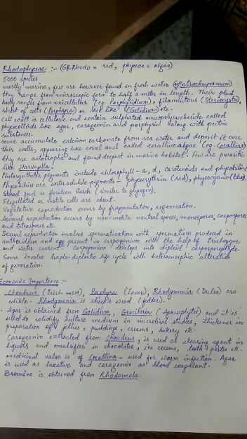Agar is obtained from Gelidium. Agar is obtained from Gracilaria. These are agarophytes because they give us the agar. And what is the role of agar? Agar is used to solidify the culture medium in microbial studies. So when we study microbes in pathology labs, we use a medium. That medium contains agar. It is also a thickener in preparation of jellies, puddings, creams, bakery. So in many confectionery items, agar is used.